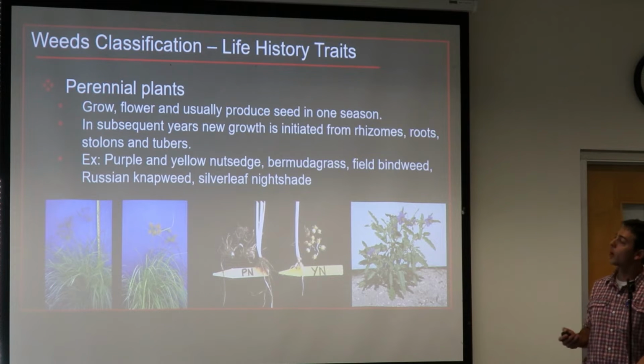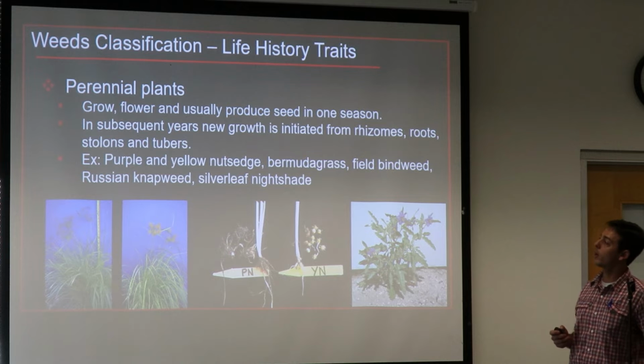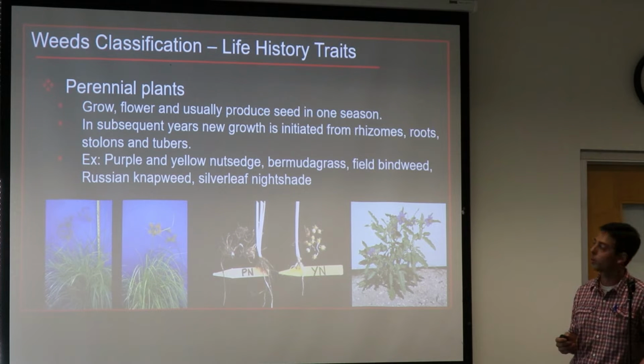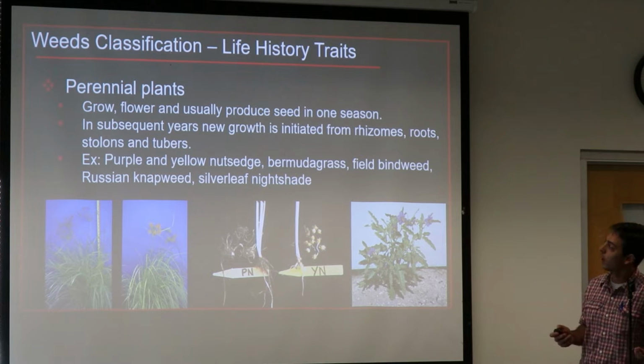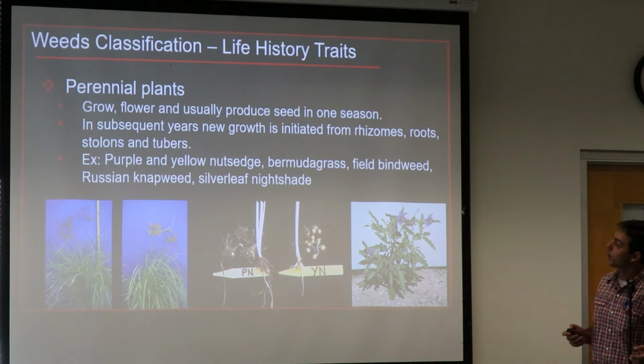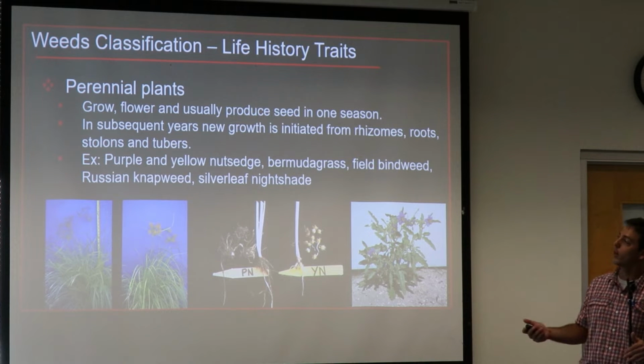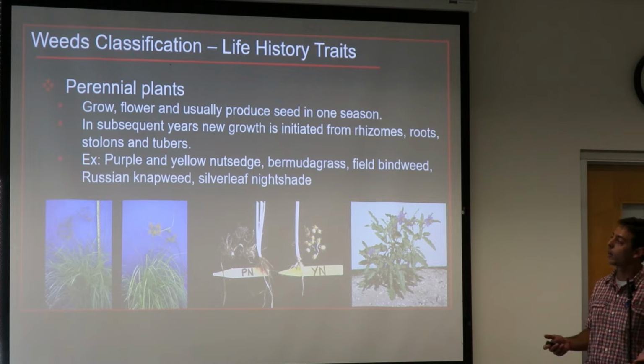And then the final group is the one that we call perennial plants. So basically plants that will survive more than 2 years. Depending on the weed species, it can be 3 or 5 years, or it can even be 20 years. And normally the first year of perennial plants is one of the best opportunities to effectively control them, because before they perennialize, in the first year they are still